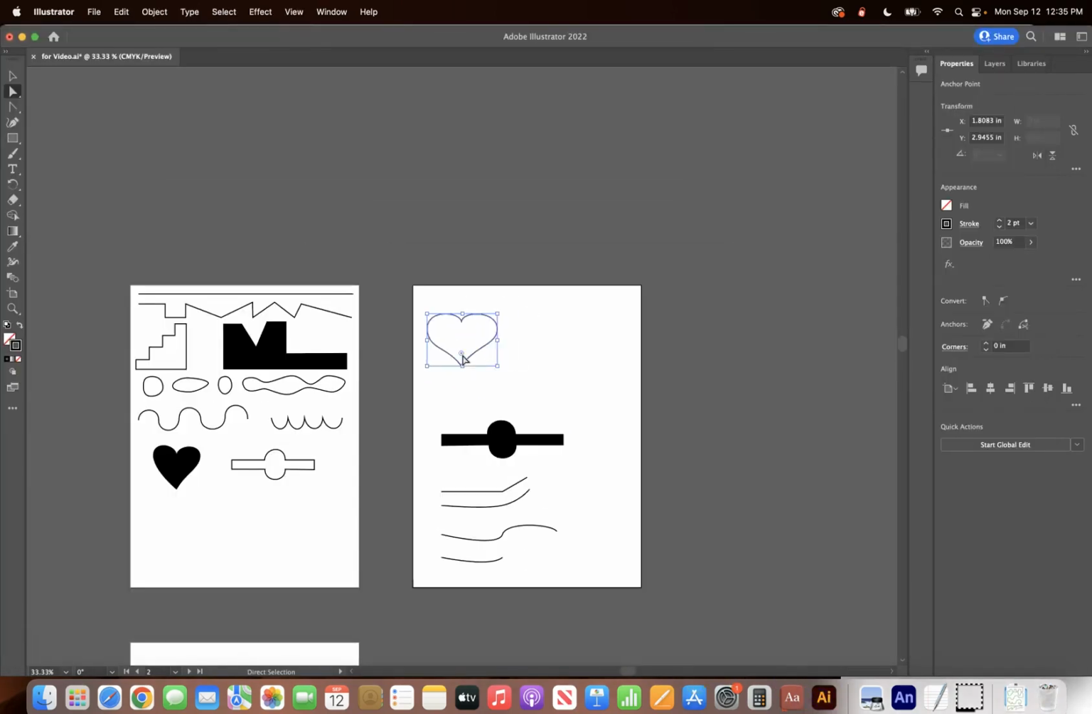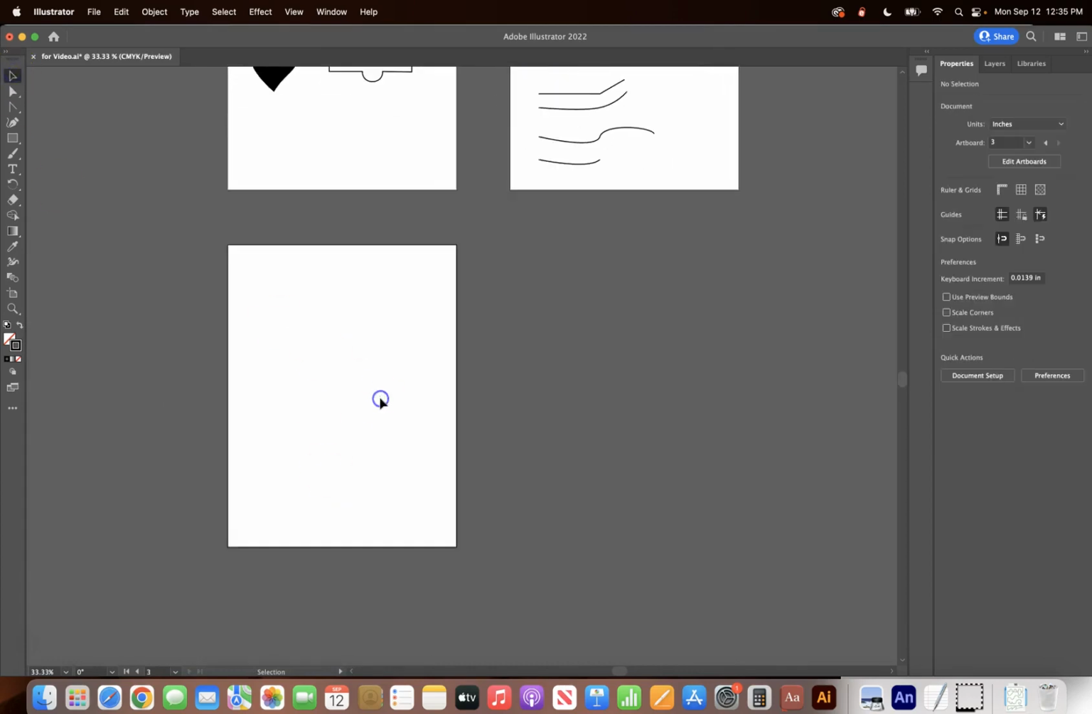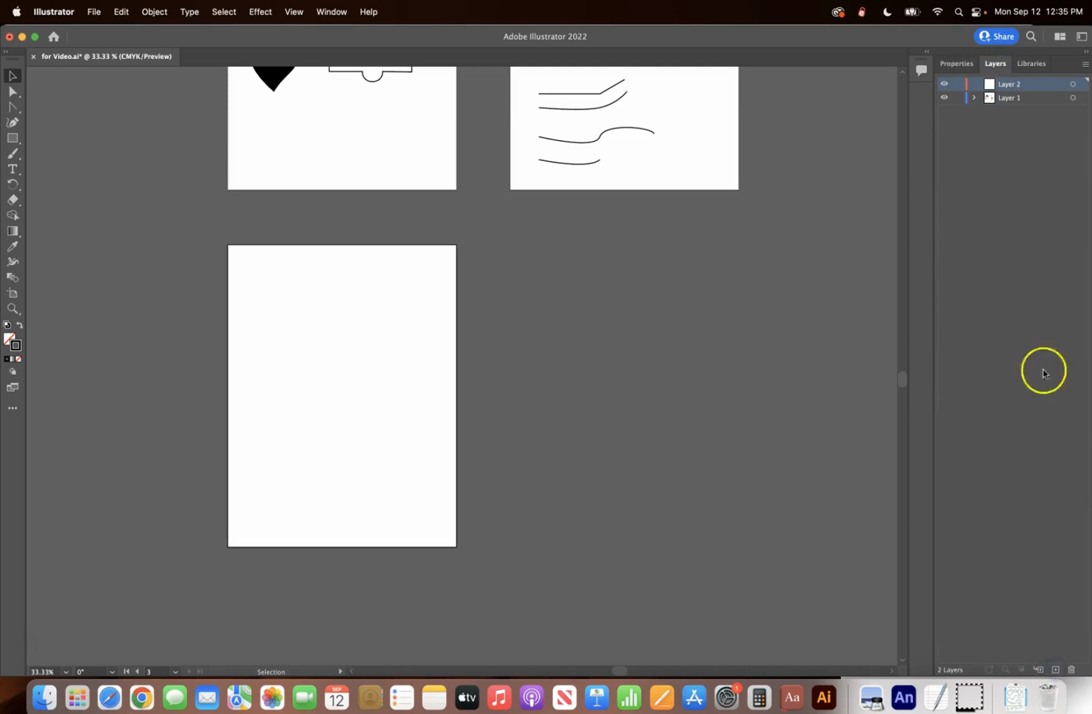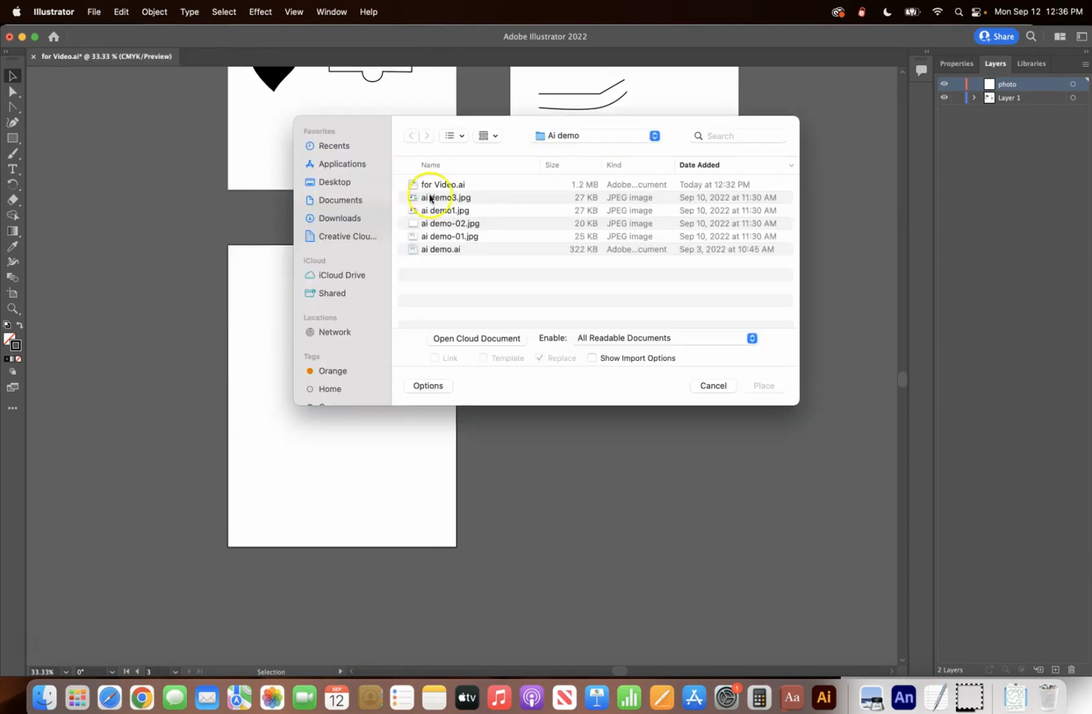And as you can see, I've just picked an artboard over here that has nothing on it. I'll just click on that artboard so it knows where I'm trying to communicate with. Now, what I probably want to do at this point is click on my layers and then go down here and make a new layer, and I'll even name that photo and make sure that that's the one that's selected. Then I'm going to go File, Place,